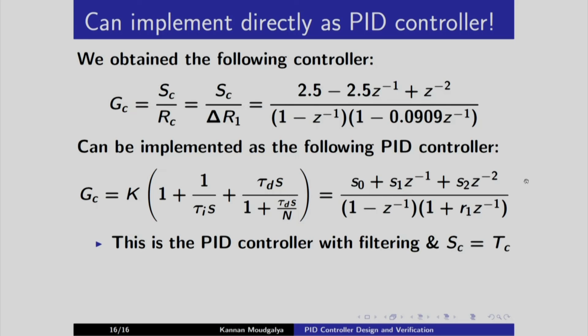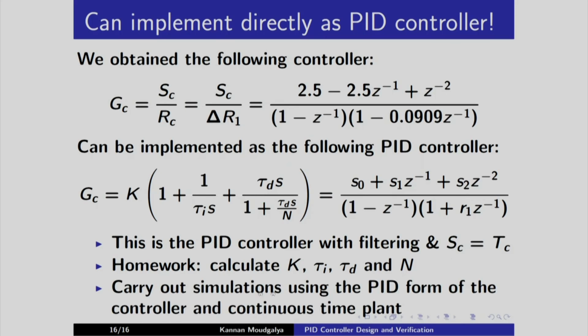We derived this in one of the earlier lectures. As a homework, I would want you to calculate K, tau I, tau D and capital N. I would also want you to carry out simulations using the PID form of the controller and continuous time plant